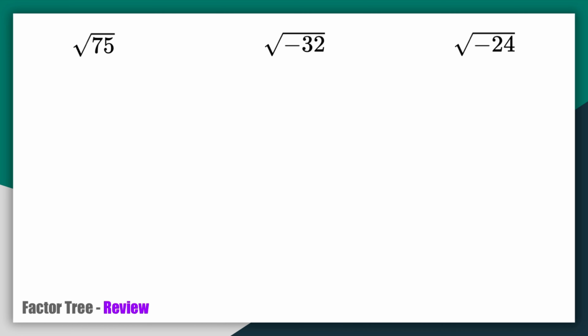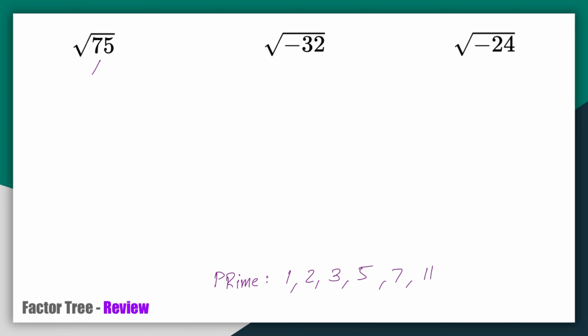So what you want to do is called the prime factorization. You want to break this down into all of its primes. Prime numbers are numbers that can be divided by themselves and 1 only. So 1 is a prime, 2 is a prime, 3 is a prime, 4 is not, because 4 can be divided by 1, 2, and 4, all right? Only 1 and itself to make it a prime. 5 is a prime, 6 is not, 7 is a prime, 8 is not, 9 is not, 10 is not, 11 is a prime because it can only be divided by 11 and 1. So we're generally going to try and break these numbers down into their prime factors or into their perfect roots,